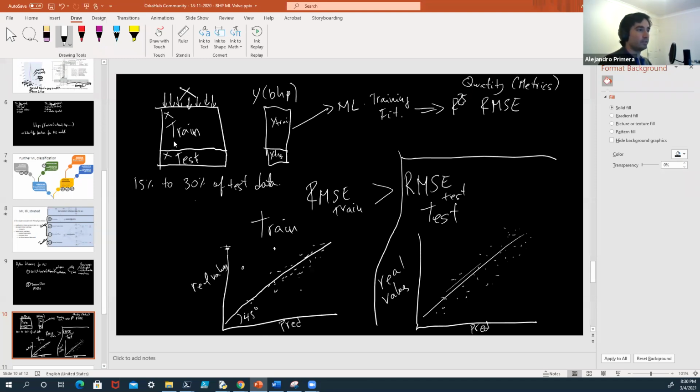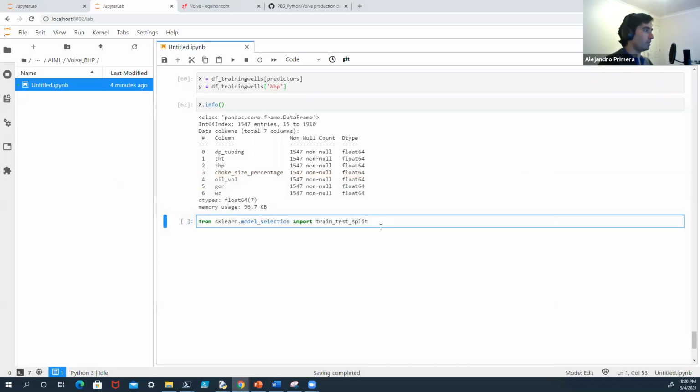Okay, so let's do that. I'm going to train split, and I'm just going to type here. I'm going to take the training data, test data. Let me write the function. So I'm going to take the train test split,